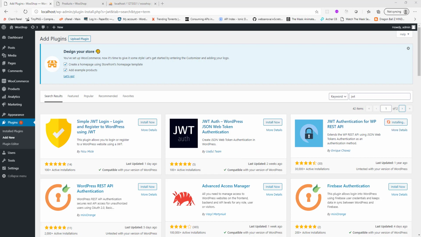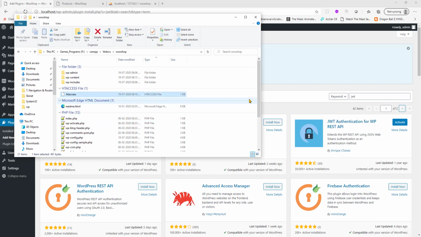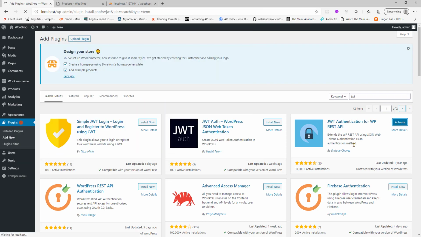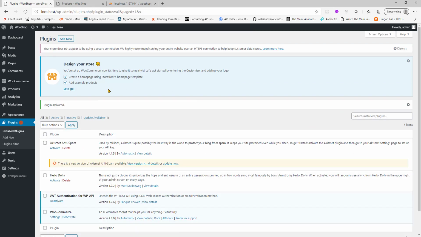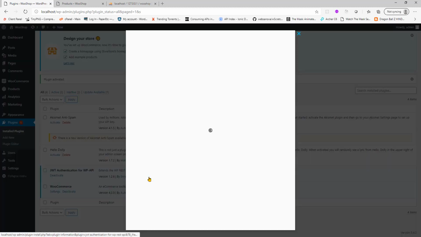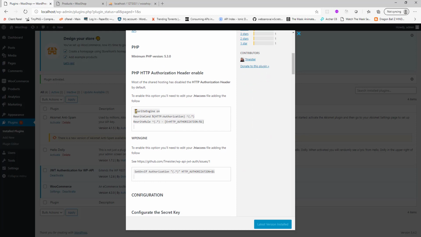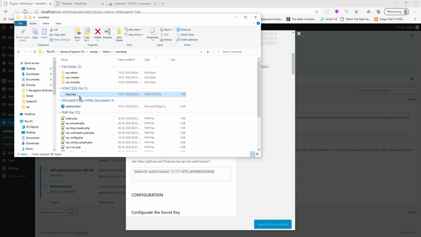And you just need to go to your folder here. You have this .htaccess file. You need to do some modifications here in order for this plugin to work. So if you just click on view details, there are some steps given here. You need to copy this rule. Okay, go to your folder, right click, edit with Notepad++,